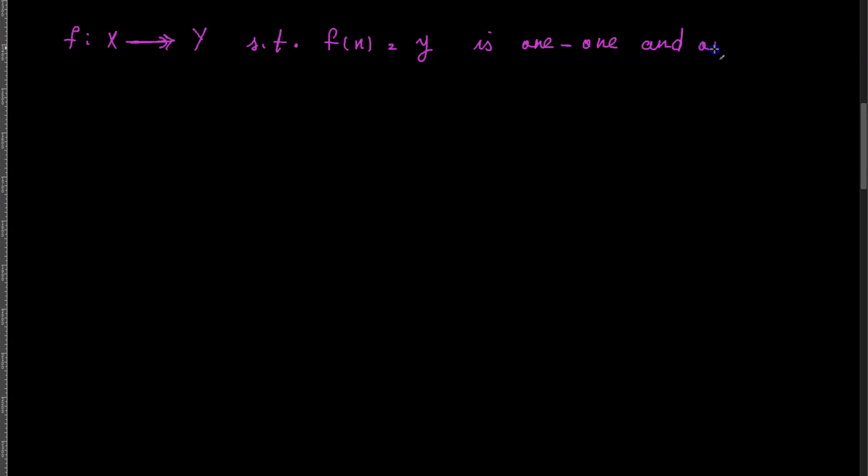And we said that if f is a function from some set X to some set Y, such that f of x is equal to y, is 1-1 and onto,